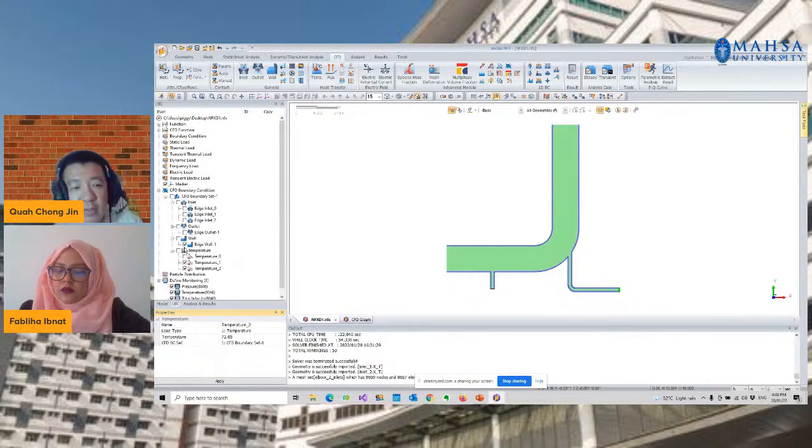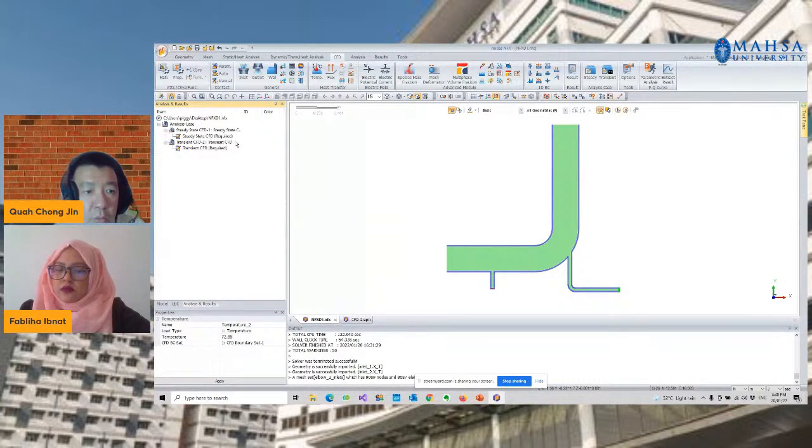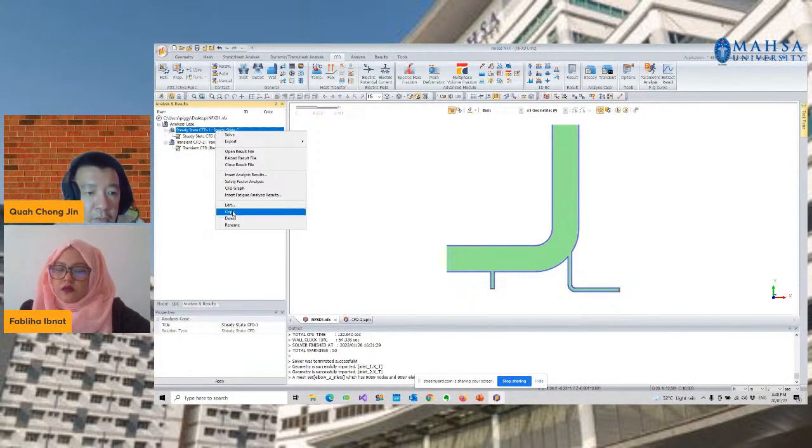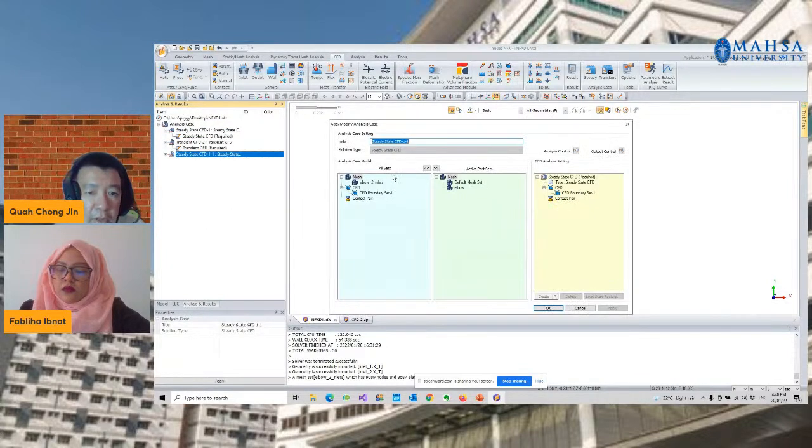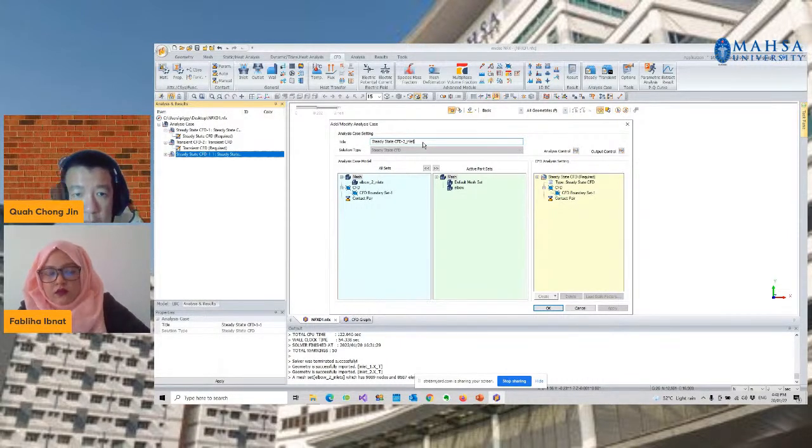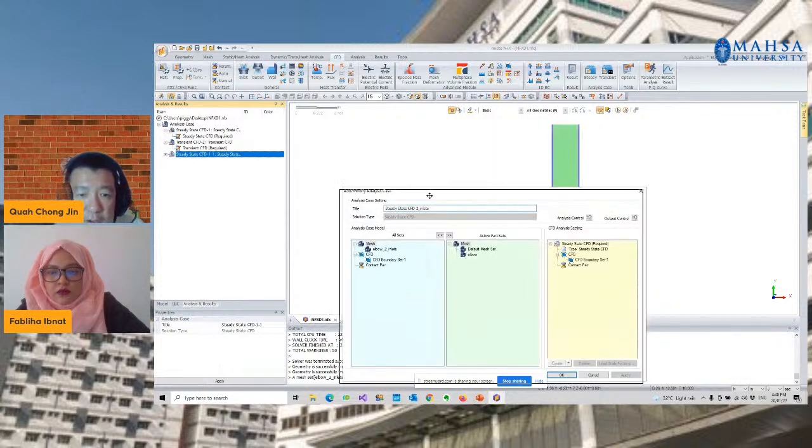We'll be using the same boundary conditions again for a second simulation model. What I'm going to do here is copy a steady state from the previous case study and rename this one as two inlets. It is actually three inlets, but there is the injection of the temperature it refers to.